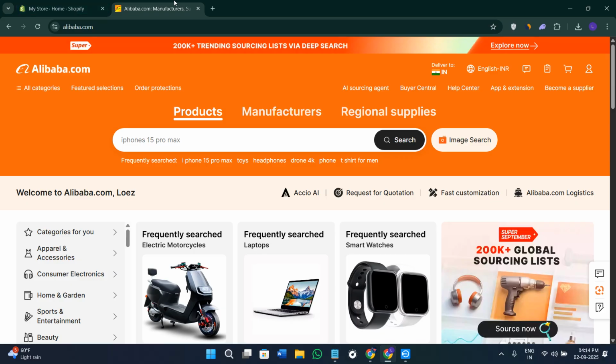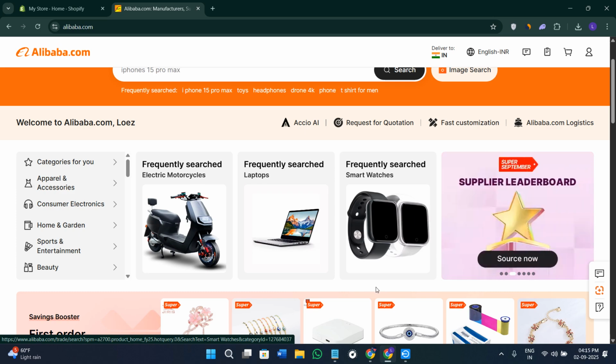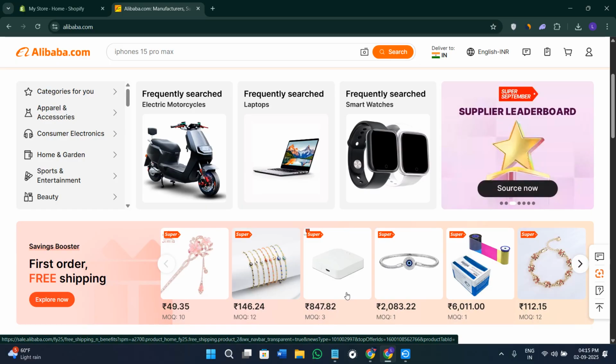Once you have done that, you need to open a new tab and search for Alibaba. Once you come here, you need to again sign up with the help of your email account and create your free account on Alibaba. This is where you are going to find the supplier and the products that you want